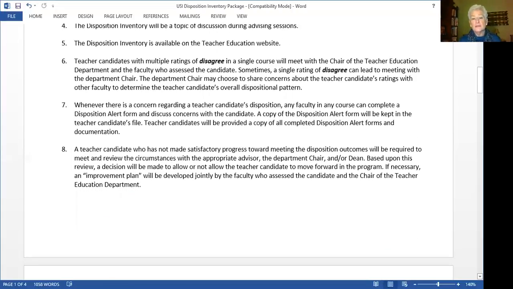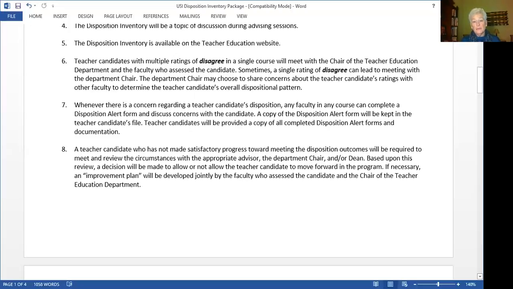If there is an item on the disposition inventory in which an instructor notes a rating of disagree or strongly disagree, there is a process in place in which a meeting may be called with the chair of the teacher education department and the instructor who rated your dispositions, and it may also include the dean as well.